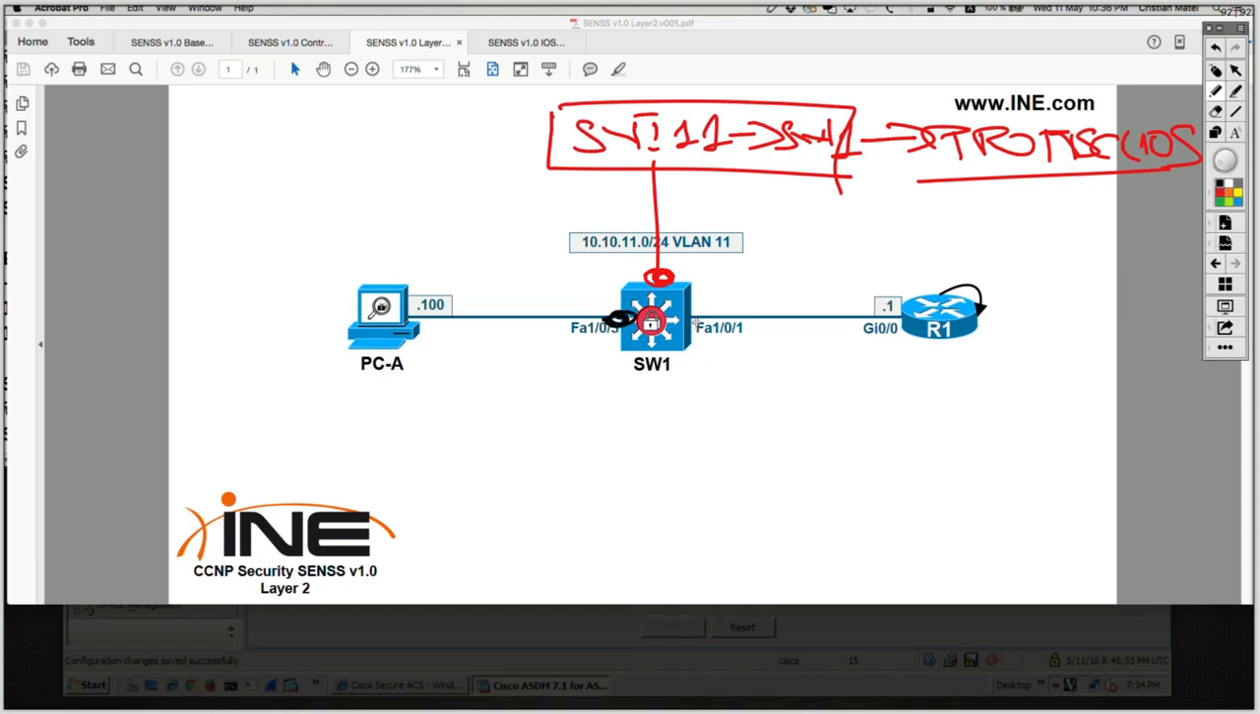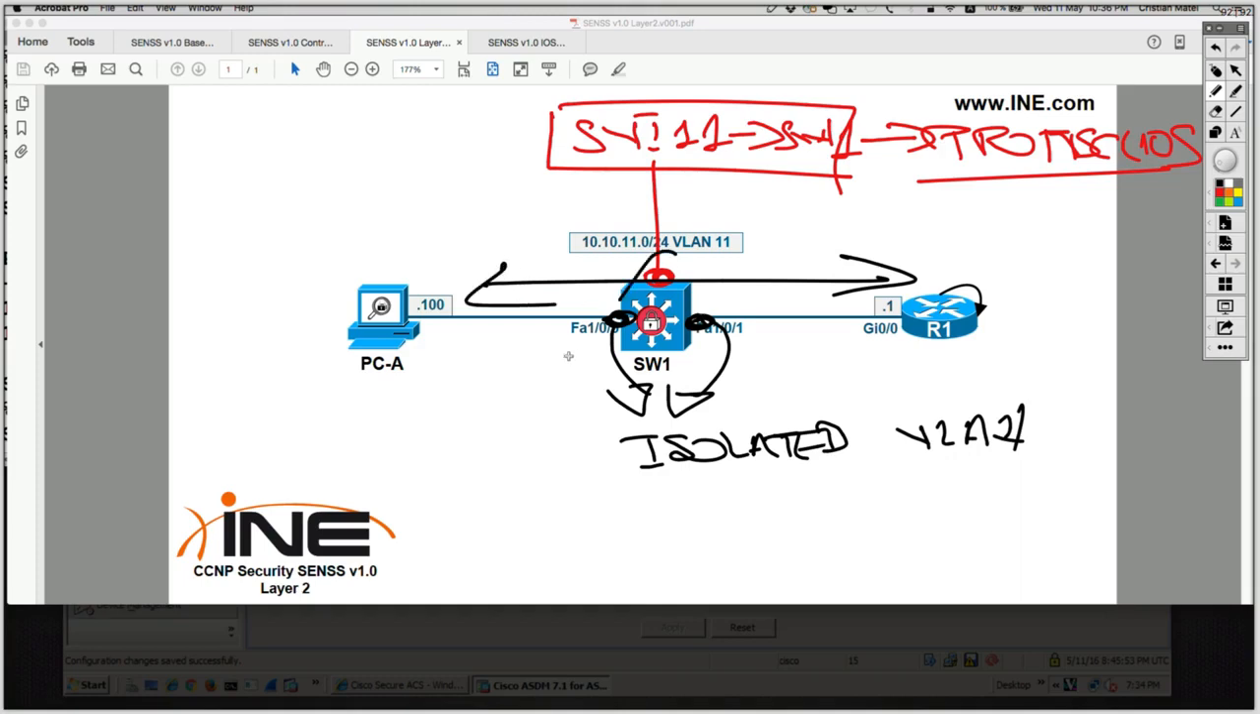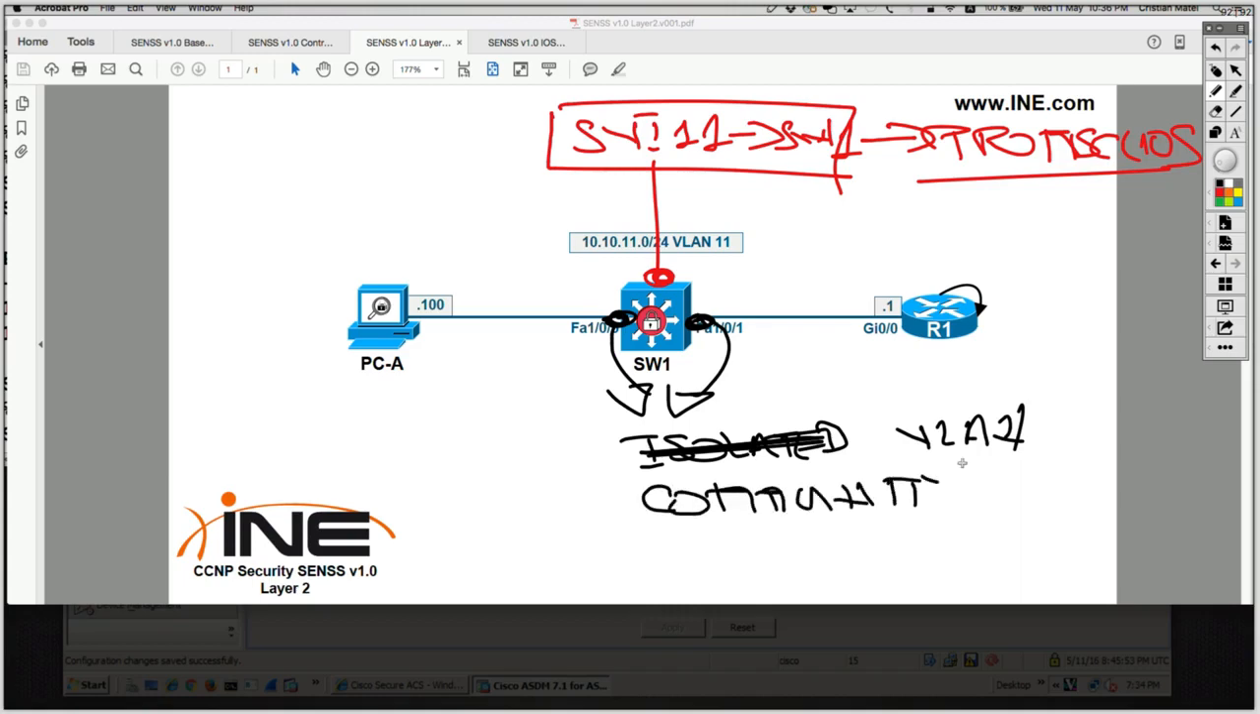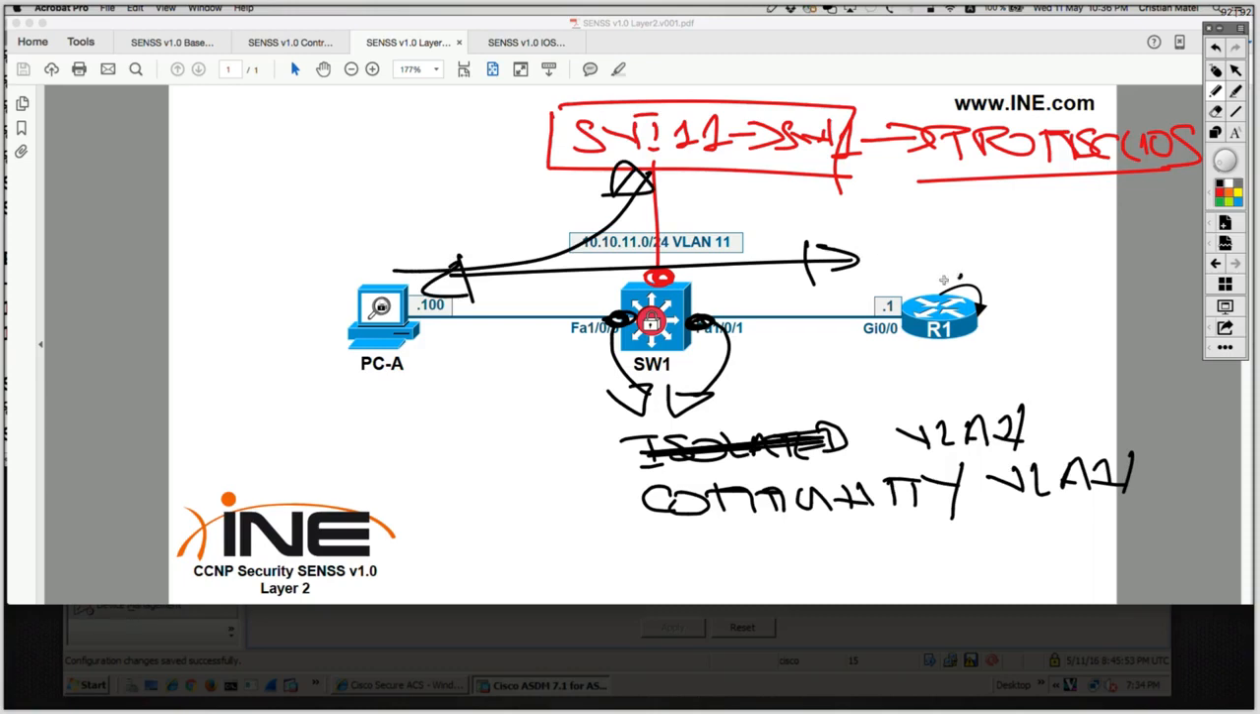And initially, I'm going to put both port FA1/0/5 and FA1/0/1 in the isolated VLAN, which means they're not going to be able to speak in between because they are in the isolated VLAN, but they are going to be able to speak with the promiscuous port. And then I'm going to change that configuration to put both of them in the community VLAN, which means at that point they're going to be able to speak in between